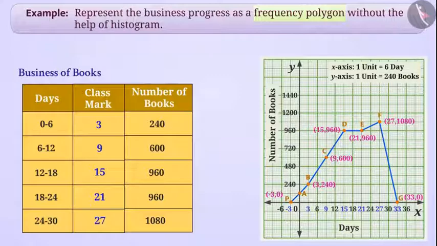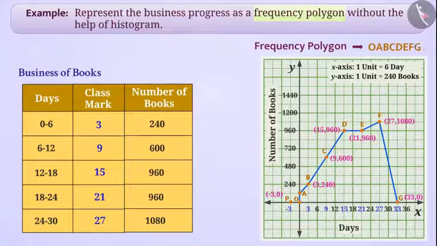Sometimes, imaginary class intervals do not exist, as the number of days here cannot be less than 0. Therefore, the class interval -6 to 0 does not exist. In such cases, we extend only that much part of line segment which is on the right of the y-axis, like here, we will draw AB and ignore PA. Then, we will connect y-axis and intersection point of this line segment to origin O. Like here, we connect A with O. In this way, we get frequency polygon